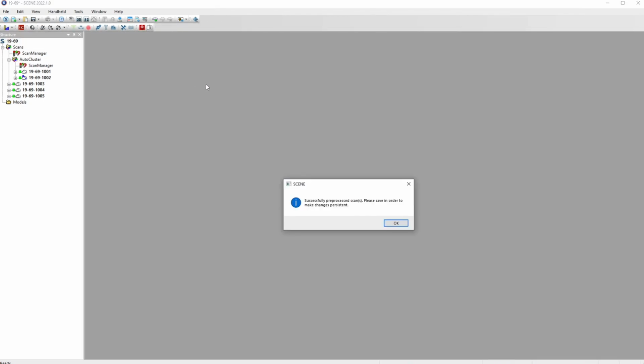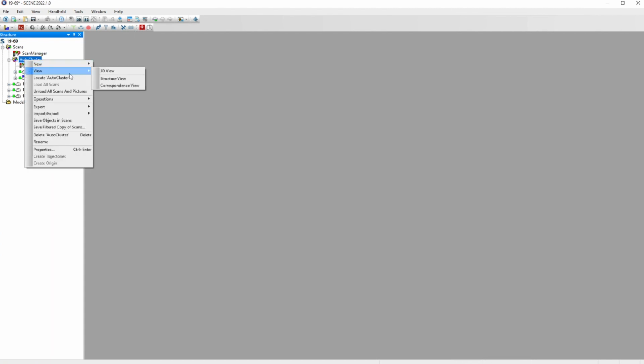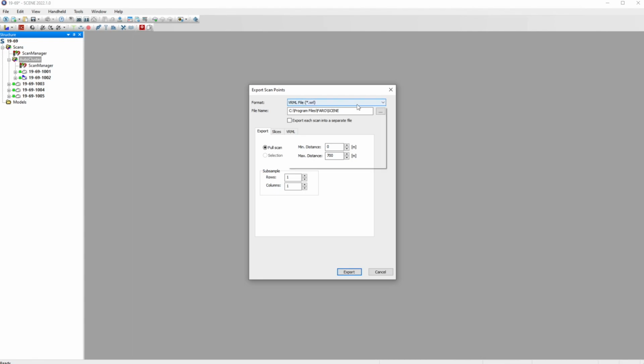So it's asking me to save these pre-processed scans, and then I'll just quickly show you how you can export the data. Because once you align and register everything, you basically want to get out of Scene as soon as possible, so that you can do further processing of these data. So I'm going to export scans here, and